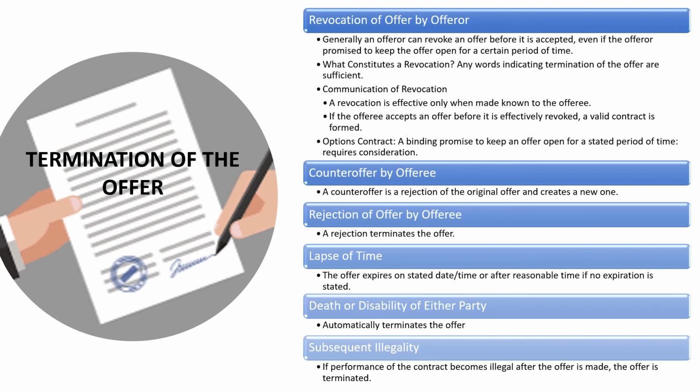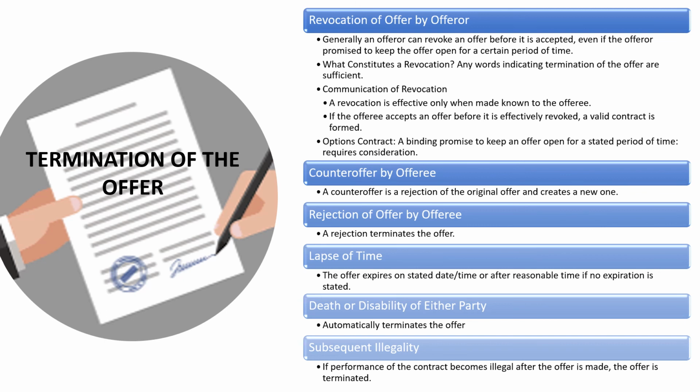Now, let's go back to the two most common ways to terminate an offer. After revocation, which is very common because the offeror can just change their mind as the master of the offer, we've got two other very important ways that an offer could be terminated: by either rejection or counteroffer by the offeree. If you're categorizing this in your mind, these first four ways to terminate the offer are made by the offeror.